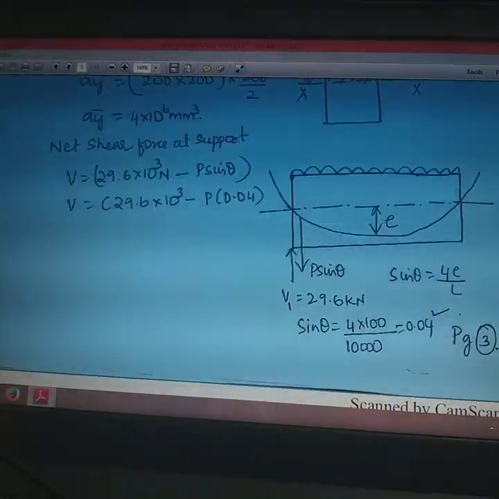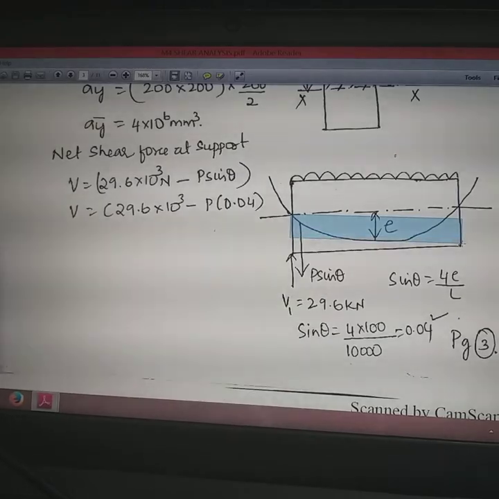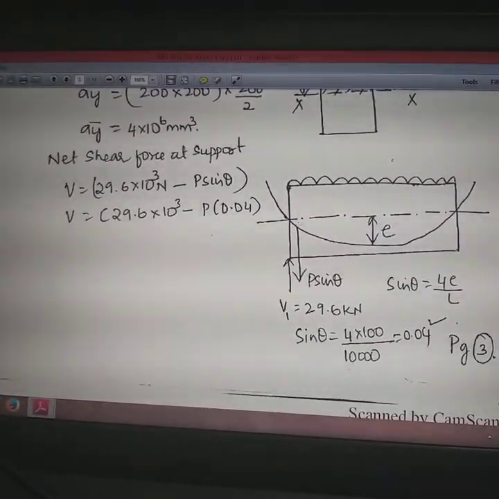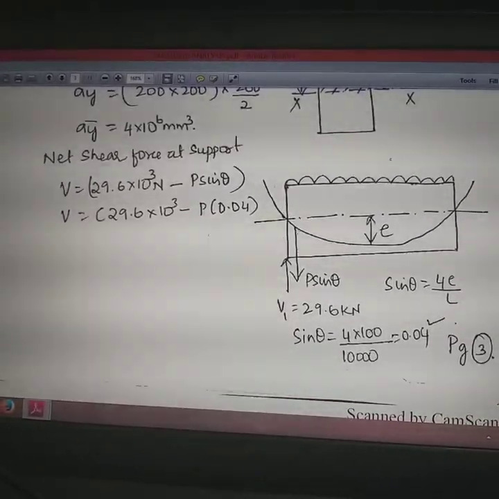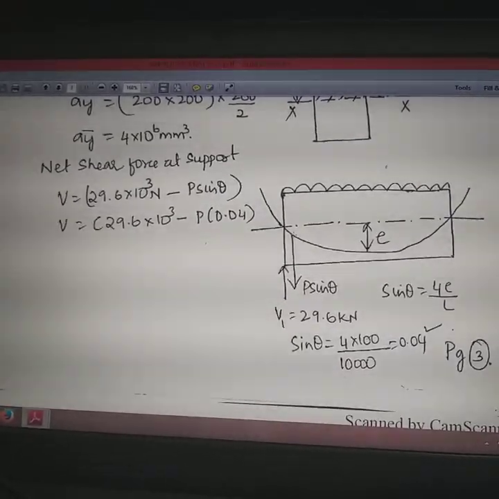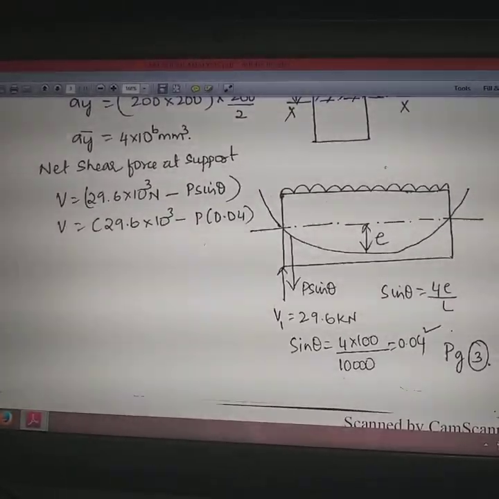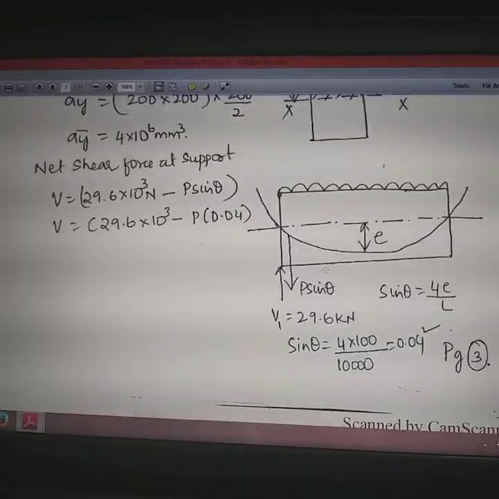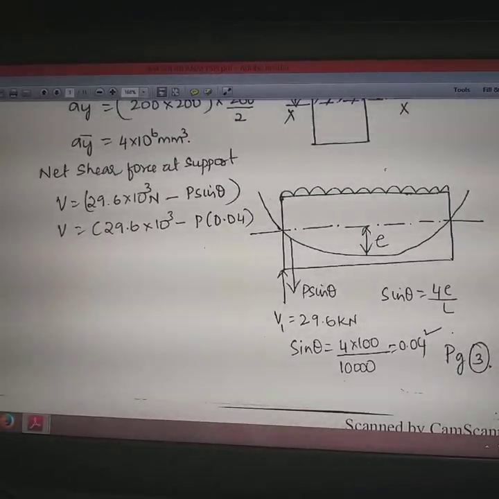See here, this is a parabola, so everybody can see that this is a parabolic profile. We can visualize this as an inclined force here. If you want to resolve any inclined force, you must consider its angle. Imagine that there is an inclined force acting tangential to this parabolic cable, and we are resolving it into two components: one is a horizontal component and one is a vertical component.